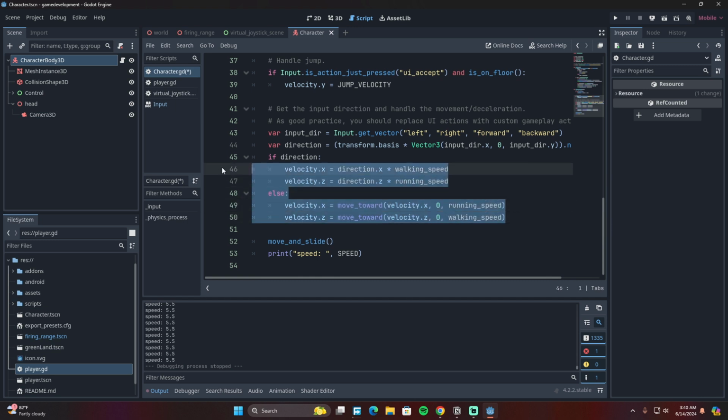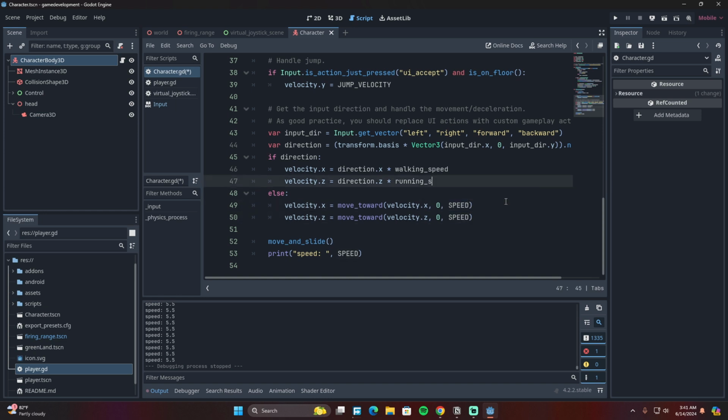Yeah, this is just an example, by the way. Rather than hard coding it this way, which I believe is a bad practice, I just put it into one variable, which is the speed,